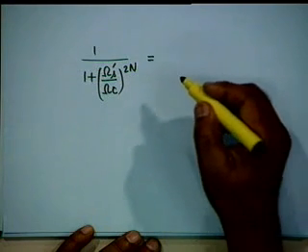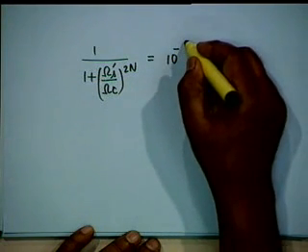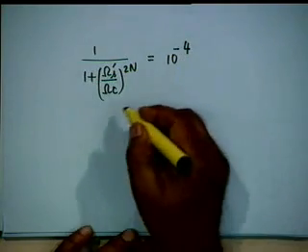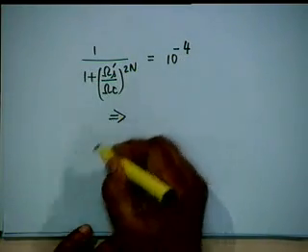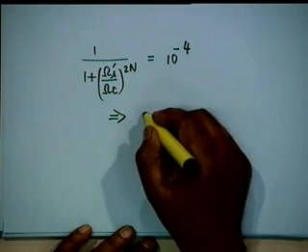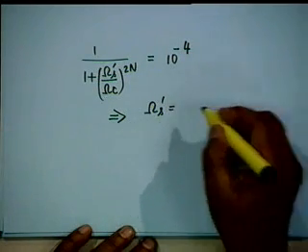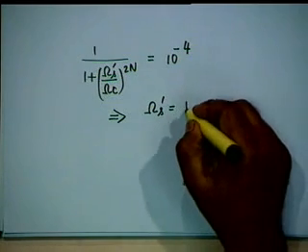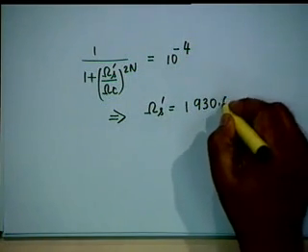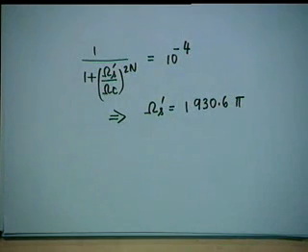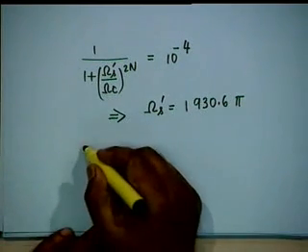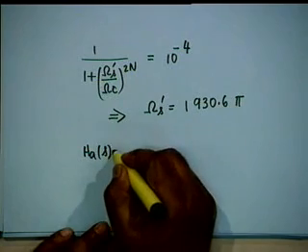Delta s squared, that is 10 to the power minus 4. And if you solve this, then the omega s double prime comes out, by my calculation, 1930.6 pi instead of 2000 pi. So, it occurs earlier and one should be happy about it, that you have over-satisfied the stop band, all right. And in addition, now you can find out HA of s